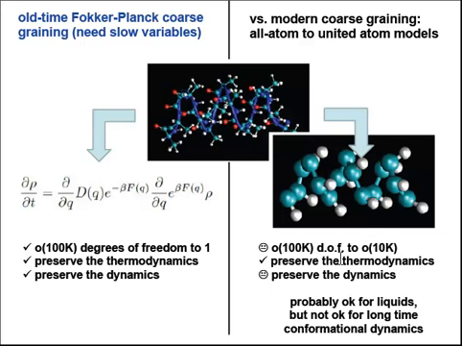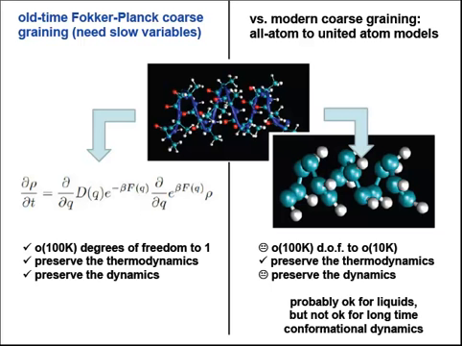They do a beautiful job of preserving the thermodynamics of these systems as you go through this mapping from all atom to united atom. But what they invariably do is they lose the dynamics, right? So if you're dealing with something like liquids, you might be able to recover the dynamics by studying the coarse-grained particles with some additional friction in your thermostat, for example. But if you're dealing with a rare event, it's almost certainly the case that you've changed the spectrum of relative rates in this process and that you will no longer be able to predict the long-time dynamics by doing this mapping. I should credit the images that I'm using here. These are from Greg Voth's review article back in 2007.